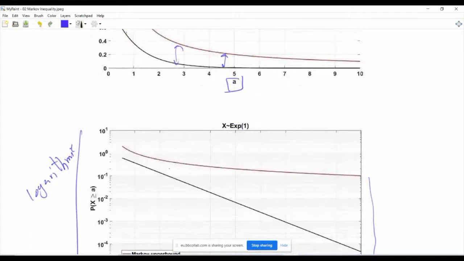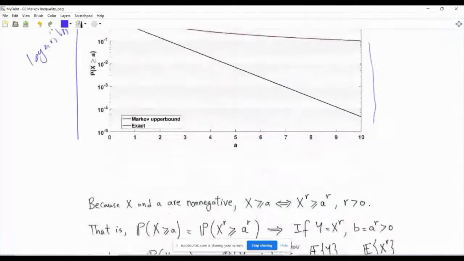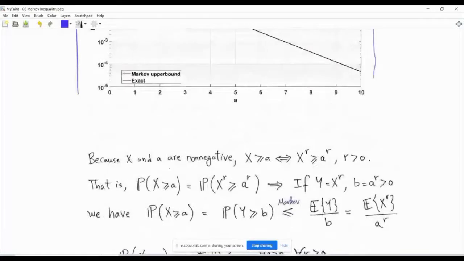Sometimes it's far from the actual probability, and sometimes it exceeds 1, rendering it sort of useless. But it is good, and we can use it to do better things, as we will do right now. So here's a trick, like, can we obtain a better upper bound,